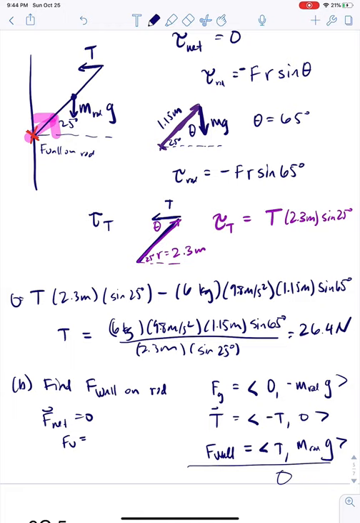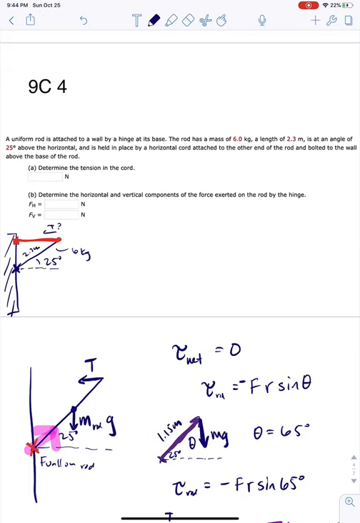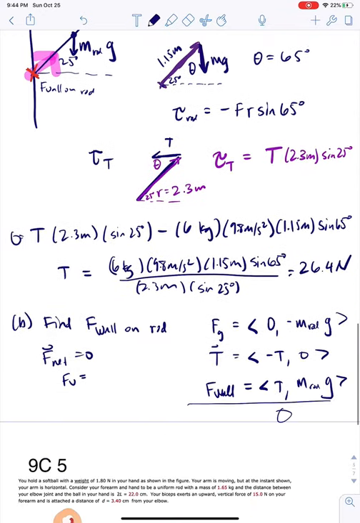mass of our rod. Oh, I think I did make a mistake here. Sorry, I was copying down this without actually doing the math. This is not the right number for the tension. Excuse me. Let me plug those numbers in again. 6 times 9.8 times 1.15 times sine of 65 degrees over 2.3. Okay, so correction, this is 63 newtons is the tension force,